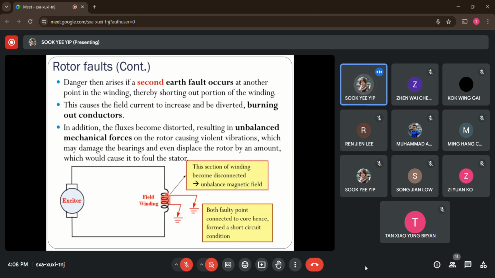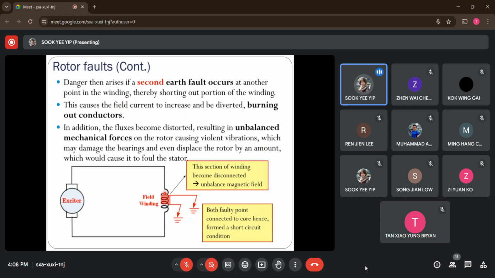So if you have two points short to the ground, which means that these sections of the field winding will be short to each other. As you can see here, because the winding is wound around a conductive core, these two points will form a short circuit condition. So it will actually cut out part of the field winding. So this part of the field winding is being cut, and hence it will cause the field current to